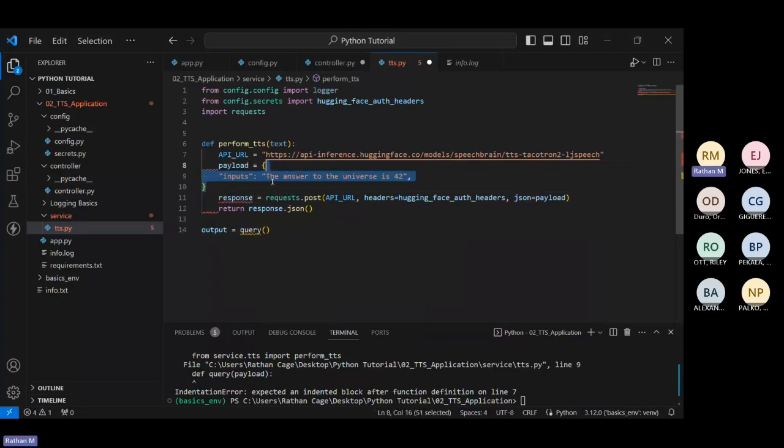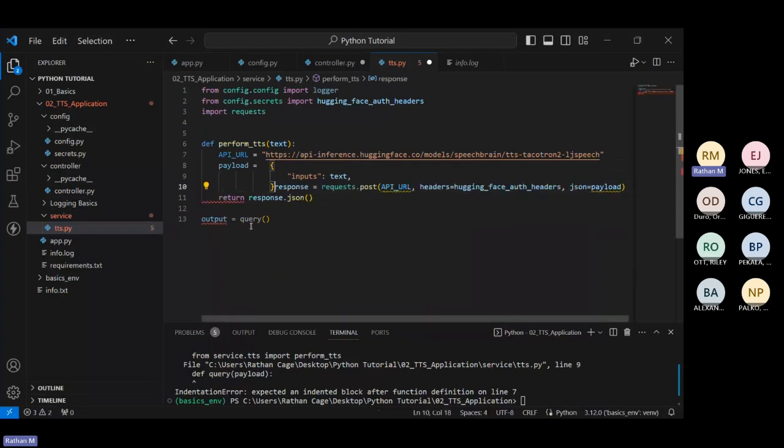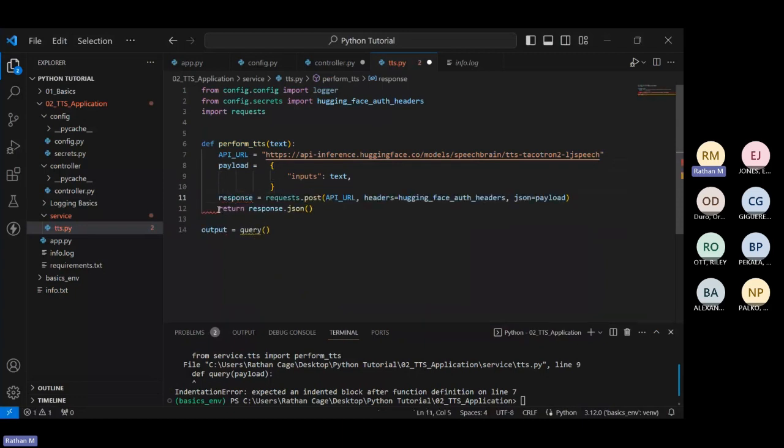The reason why I'm pasting it here is, in this particular case, remember, the input should not be what is already fixed. The input that I'm sending, the text that I'm sending, should be the text that I have here. This is it. This is your entire logic that we have just done